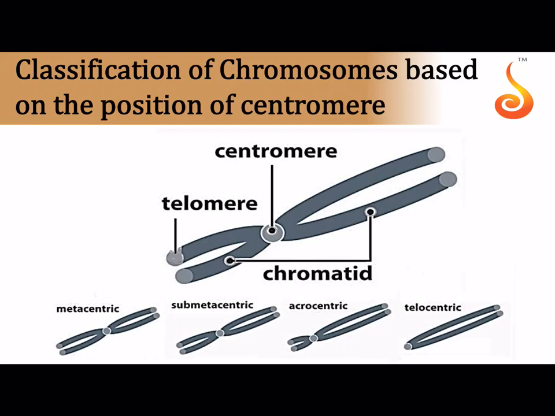Chromosome classification based on centromere. Exactly in the center, you have metacentric; slightly away from the center, submetacentric; closer to the periphery, closer to the polar region but not entirely, that is further away from the center, acrocentric. Exactly at the end of the chromatids it is referred to as telocentric. So please learn this from the textbook thoroughly, the variations in the position of the centromere when it comes to the chromosomal structure. Okay.